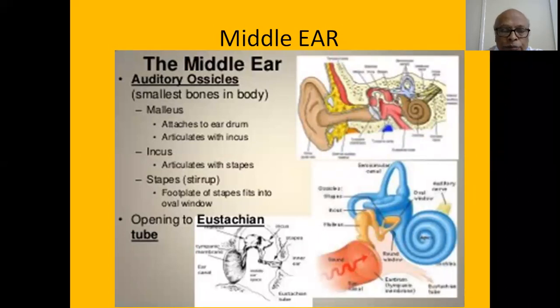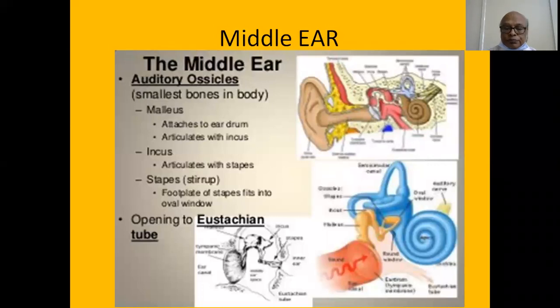The tensor tympani muscle traverses in its canal very close to the eustachian tube in the anterior wall of the middle ear. The middle ear, for convenience's sake, is divided into epitympanum,